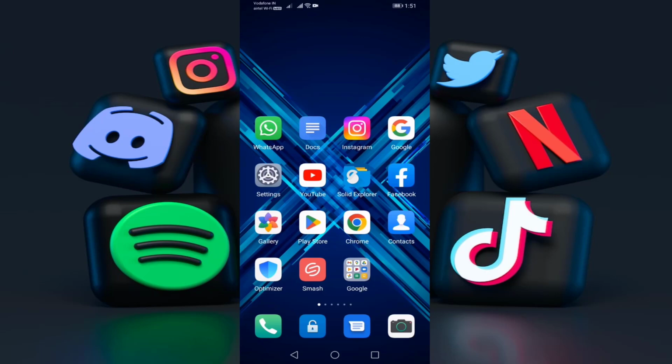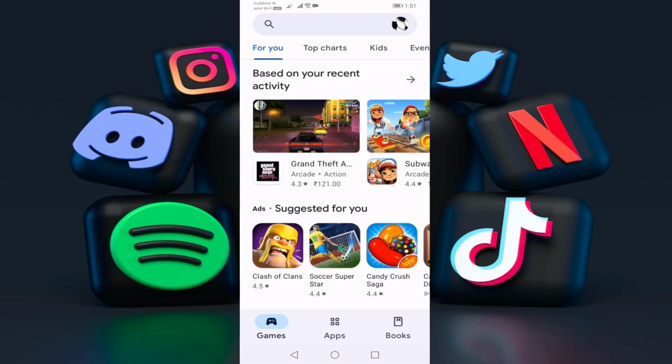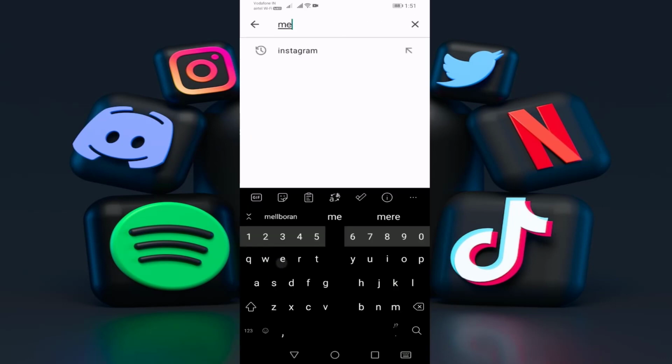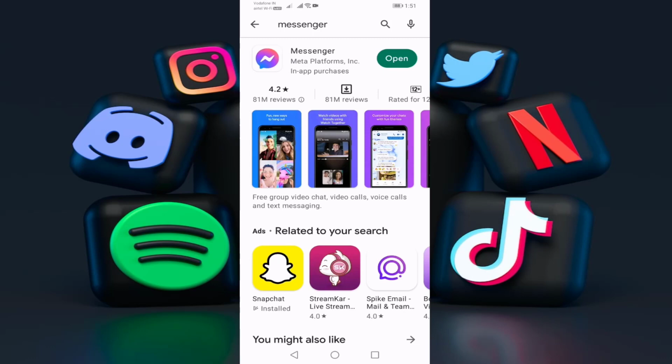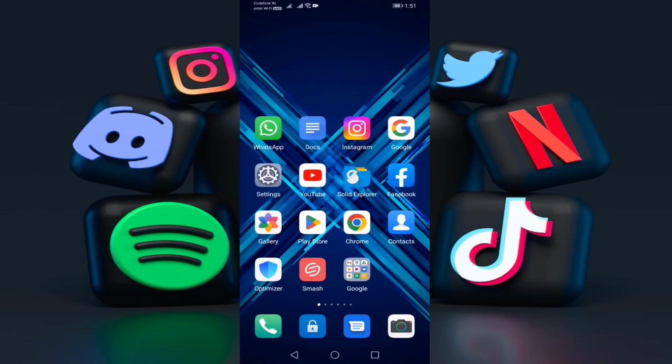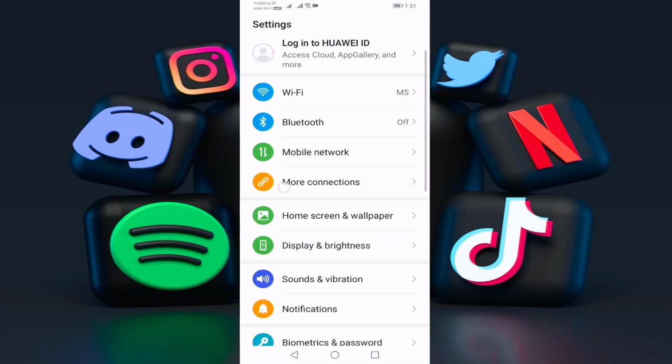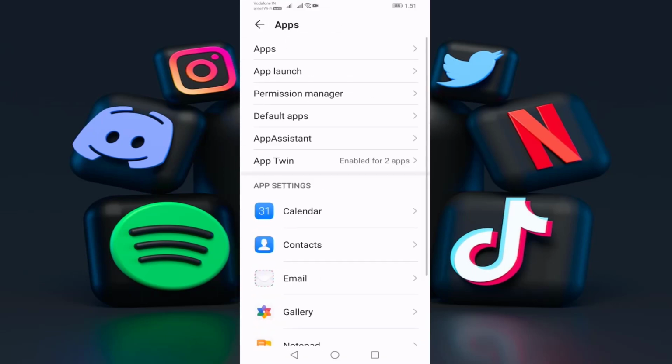First of all, open your Play Store, then search your Messenger. Check your Messenger up to date or not. If not, update your Messenger. If your Messenger already up to date, then go back, go to the settings, search your apps,